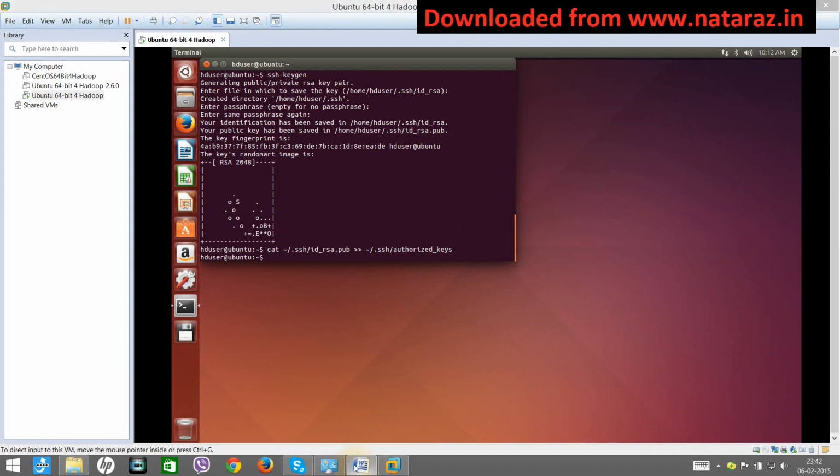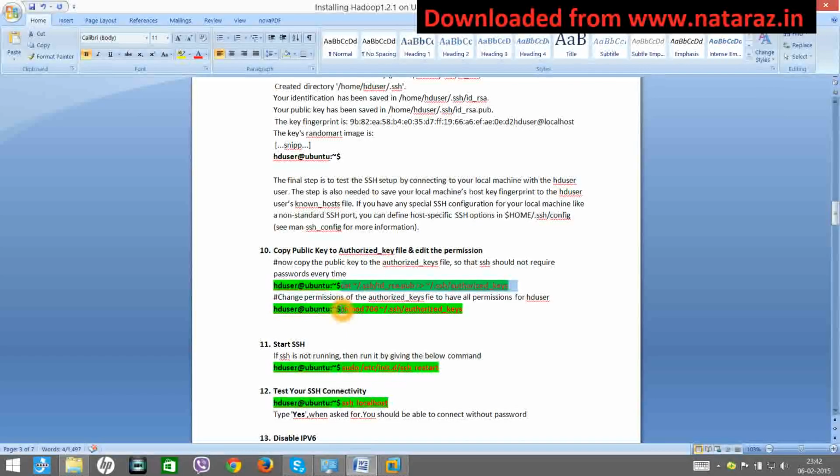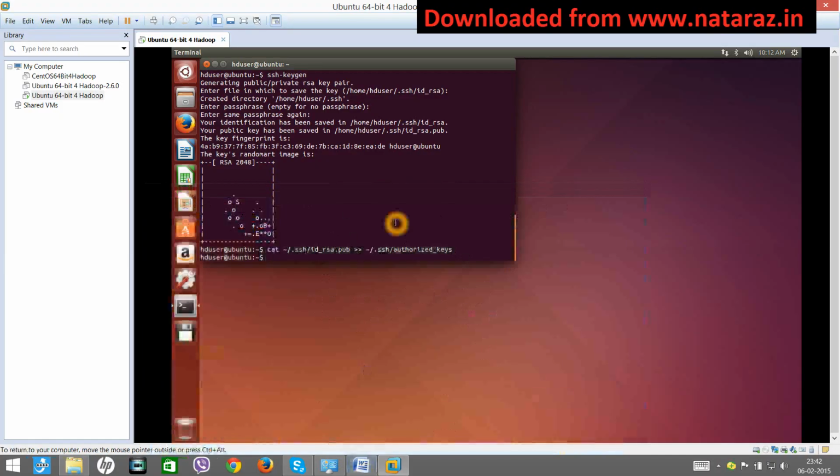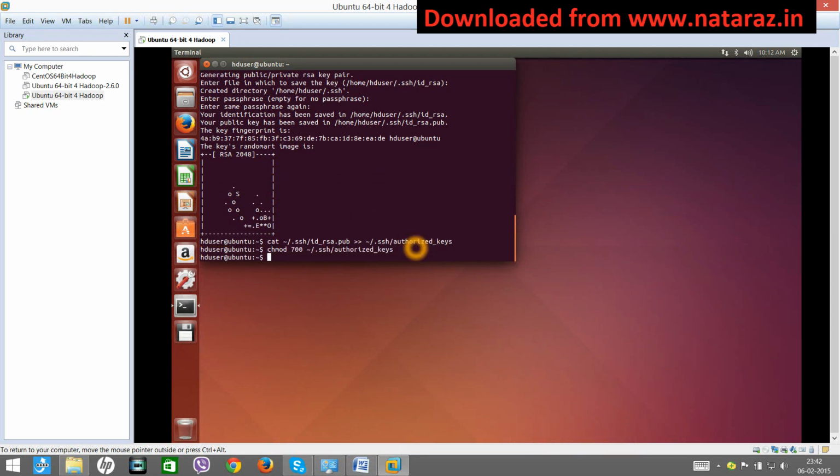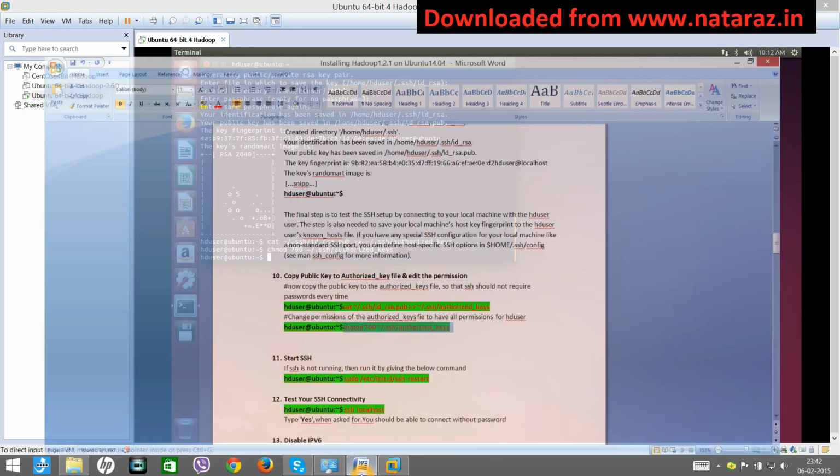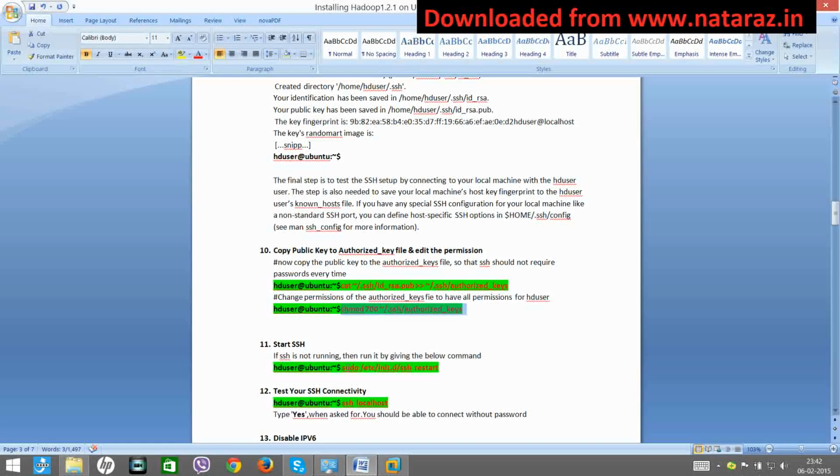Done. Next, give 700 permission so that SD user will be able to read, write and execute the data in the key. Done.